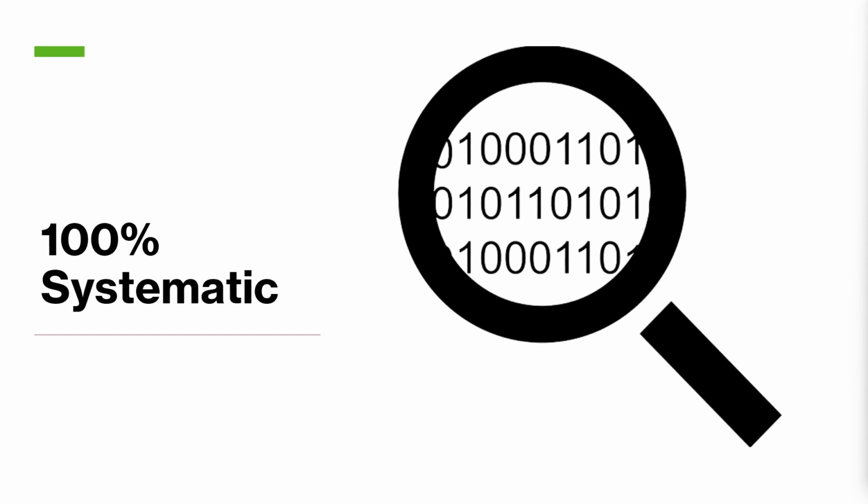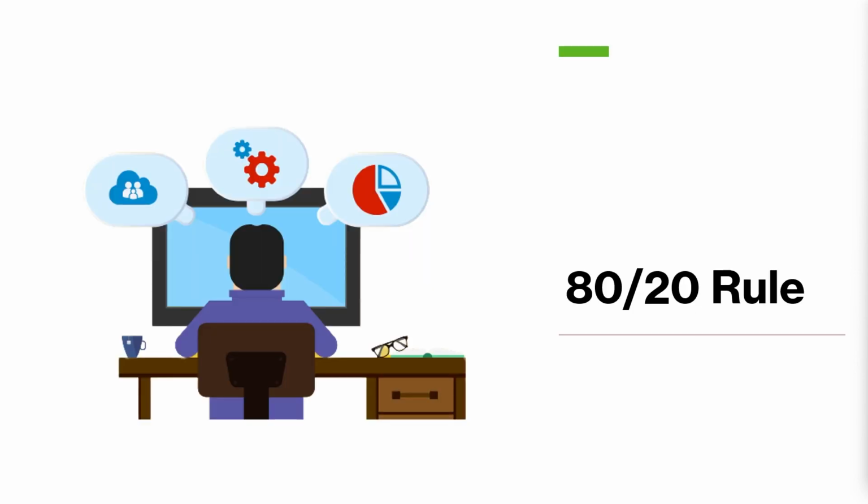Now, let's dive deeper and see why this could be a con and pro to not being 100% systematic. Now, this is the 80-20 rule. I bet it existed before me. However, I've just recently been talking about it on Twitter. I did go over a brief explanation of this if you'd like to check it out on my Twitter page,